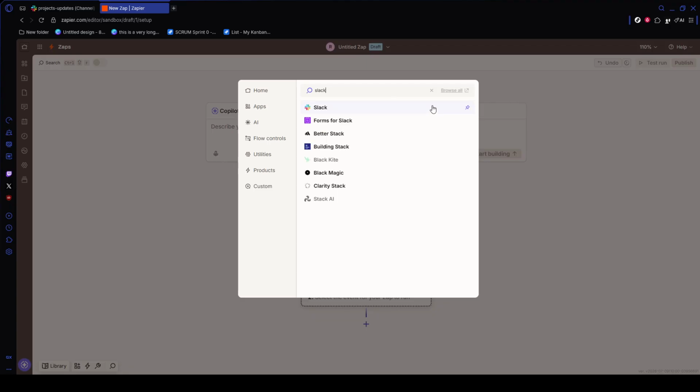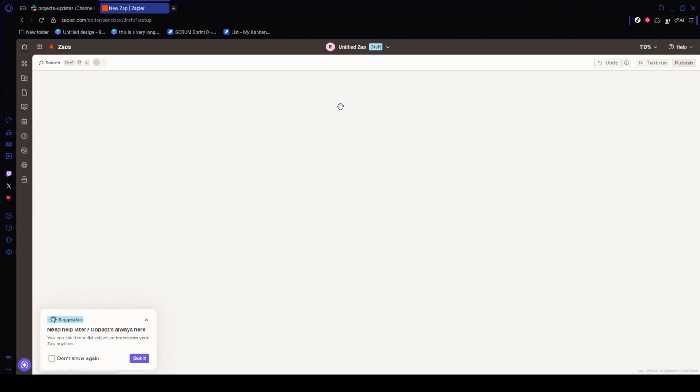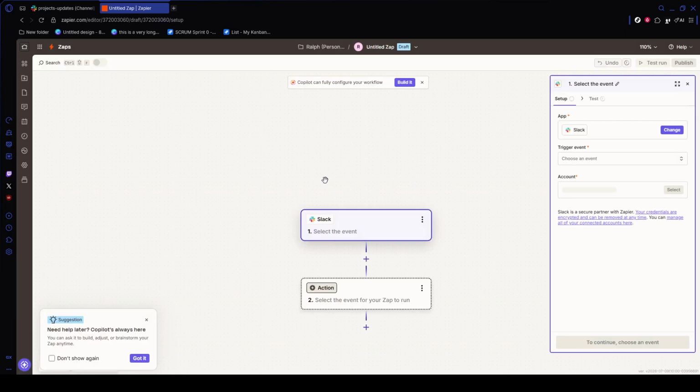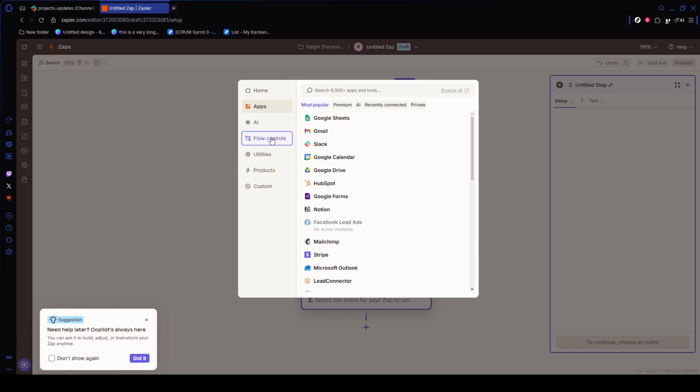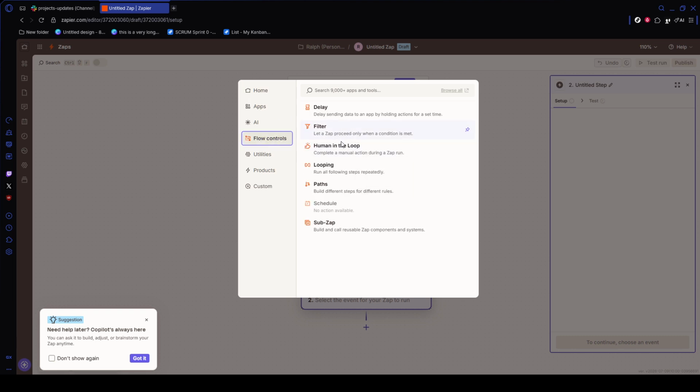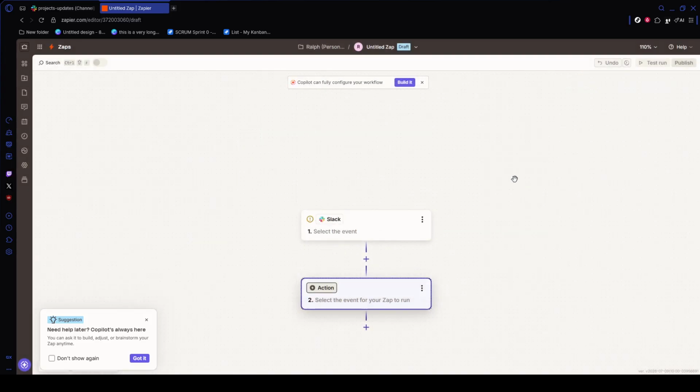Finally, add one more action step and choose Slack again. Select Send Channel Message or Send Reply to Thread, depending on how you want the reply delivered. Map the channel to the same source channel. Map the message text to the AI's reply output, and map the thread field to the original Slack timestamp. Run one final test, confirm the message appears correctly in Slack, and then click Publish to turn the